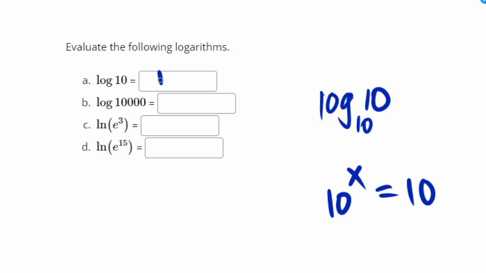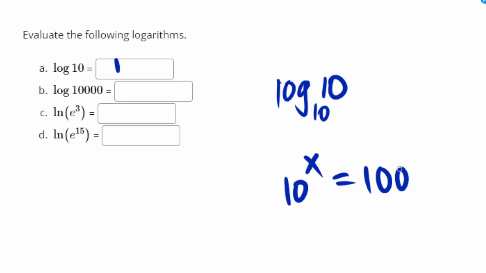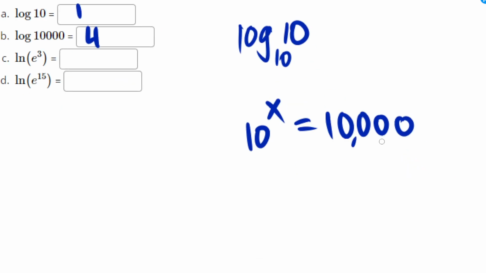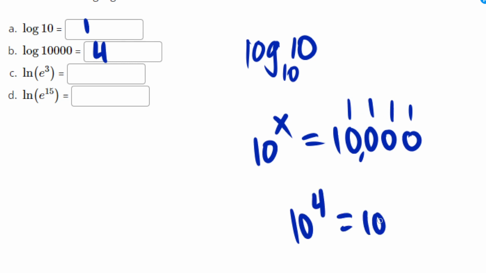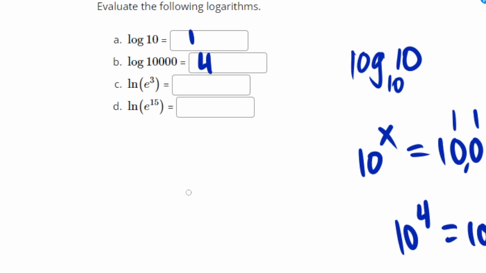If it was 10,000, then it'd be 10 to the x equals 10,000, which gives 4. Powers of 10 are really easy with exponents because how many zeros you have is equal to your x. So we have 1, 2, 3, 4. We have 4 zeros, so it'll be 10 to the 4th equals 10,000. It's just counting zeros. And then ln e cubed, my guess would be 3 because we can just get rid